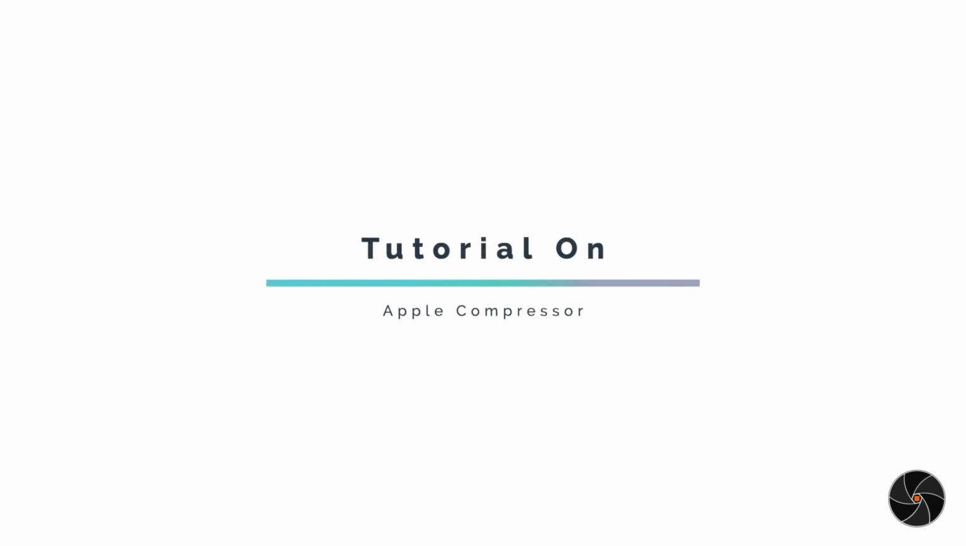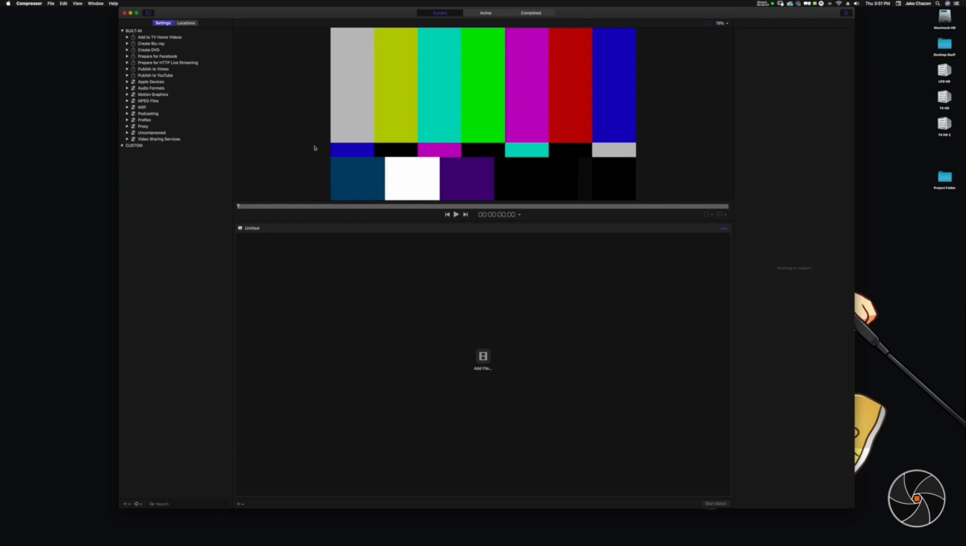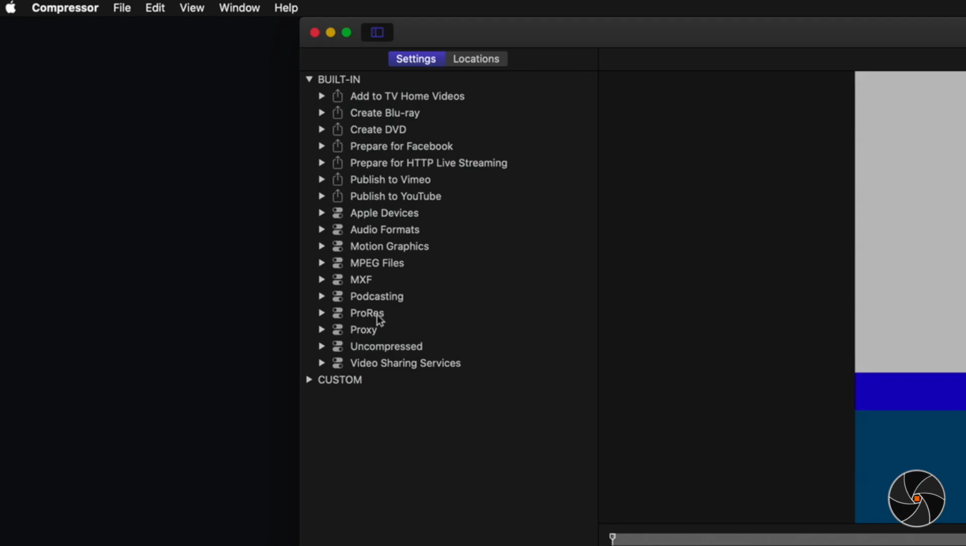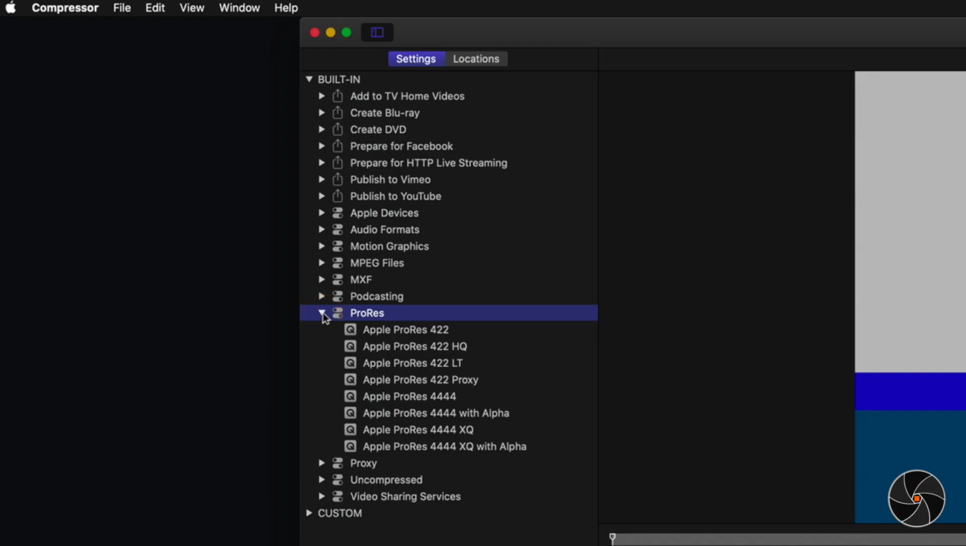Okay, this is a tutorial on how to use Apple Compressor. This is your main window. Over here to the left is your built-in presets. ProRes will be the one you want to use to re-encode your video from the camera that is shot from,